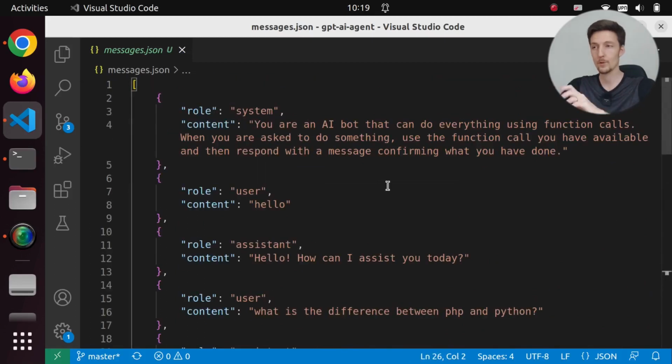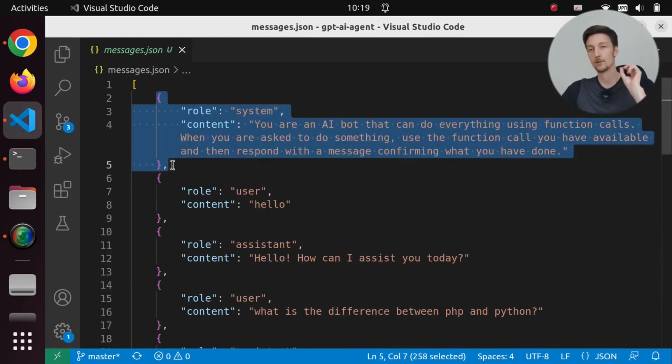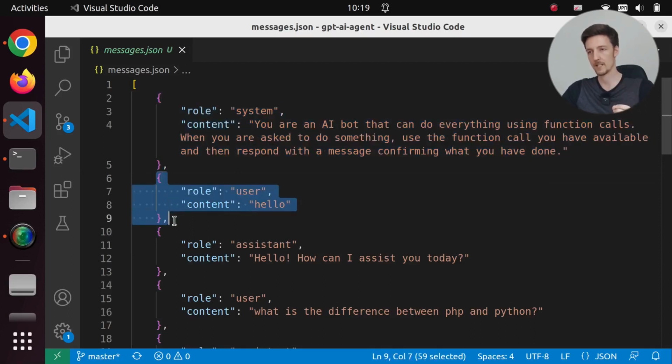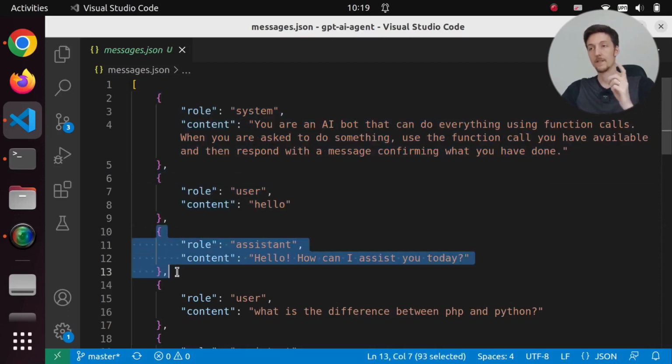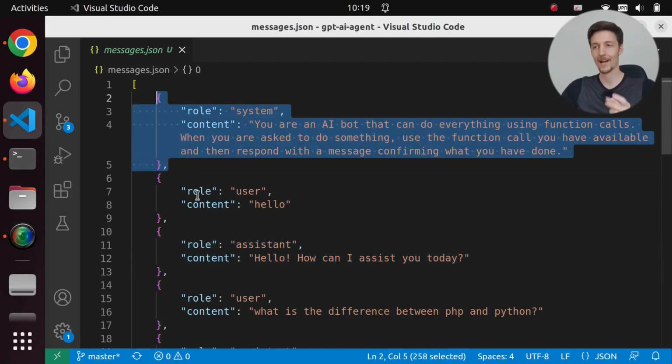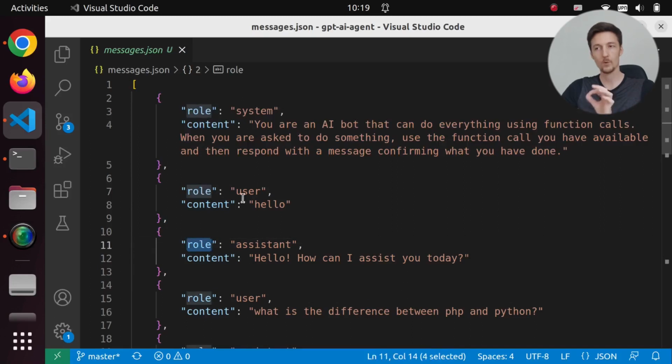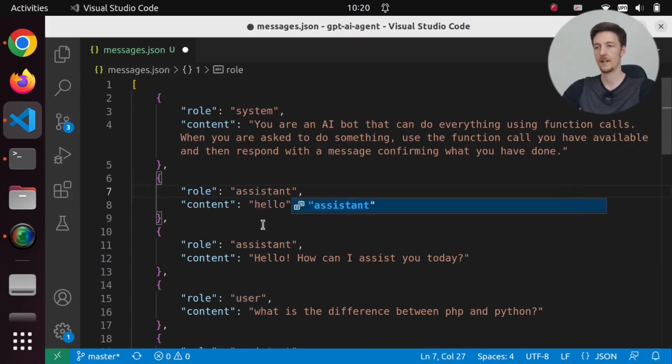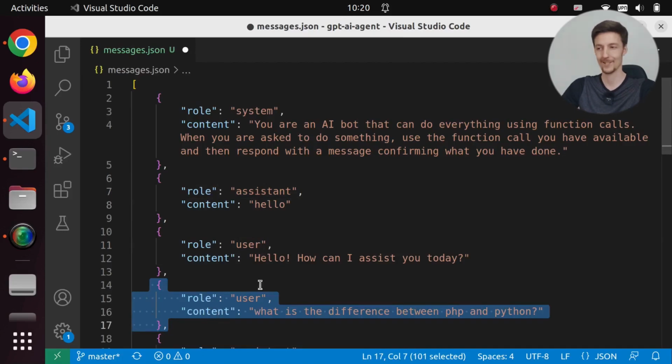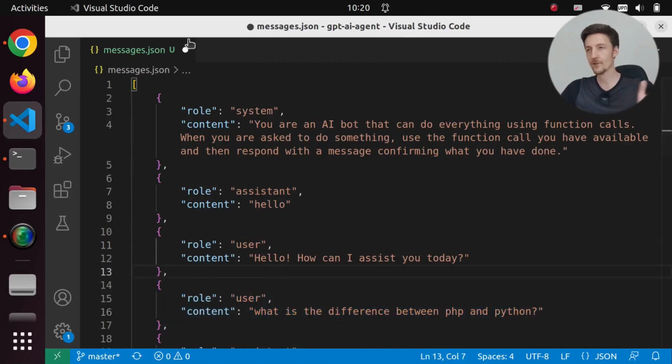So what we could do is we could design two different system messages. And then when we send the first message and we get the response, then we would change the system message for the next iteration and we would reverse the roles. Now, I'm not quite sure if I can start with the assistant role, but I think I can. So we would change this then to assistant and this one to user. And then we would get a new assistant message from ChatGPT. So let's try to do this.